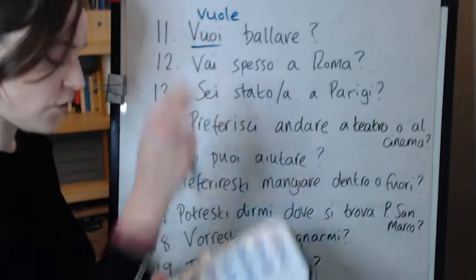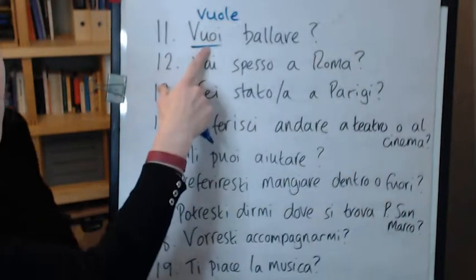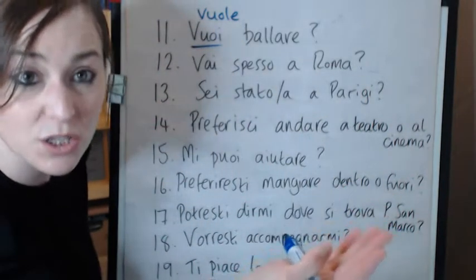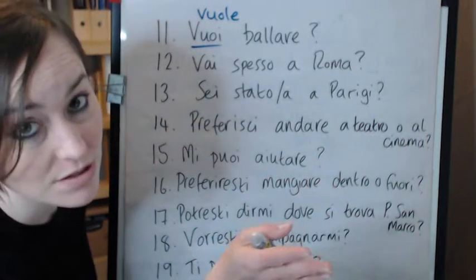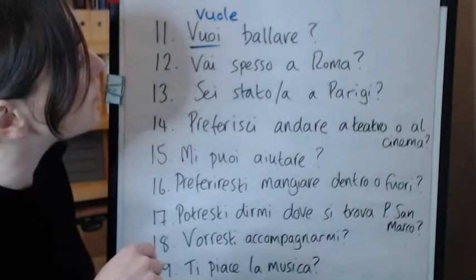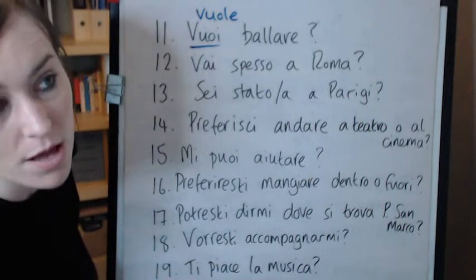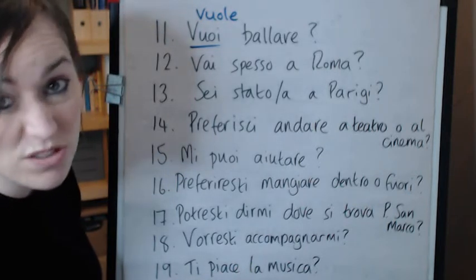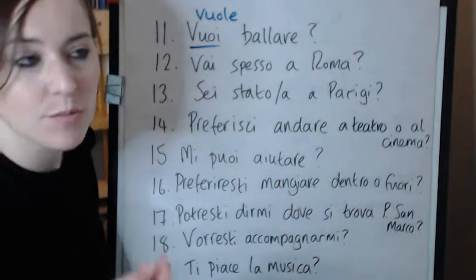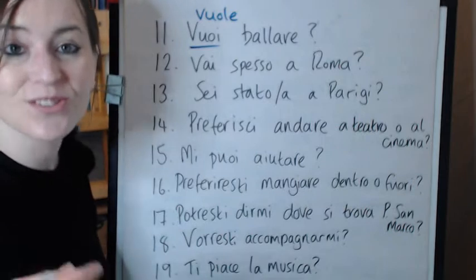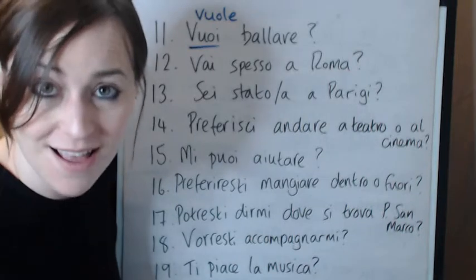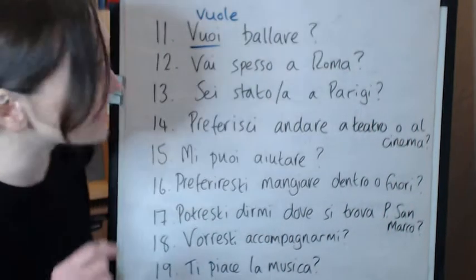So, volere is the verb. That's the tu form in the present tense, and this is the third person form, which is essentially the formal way of saying you. It could also be he or she wants to dance. So if you put someone else's name in there, vuole ballare Marco? Marco vuole ballare? Does Marco want to dance? Do you think Marco wants to dance? It can be used with someone else's name. The context will make it clear. But if you're asking someone directly, you can use tu vuoi ballare? Do you want to dance in the singular? Or lei vuole ballare in the formal. Okay? It's kind of romantic in the formal.